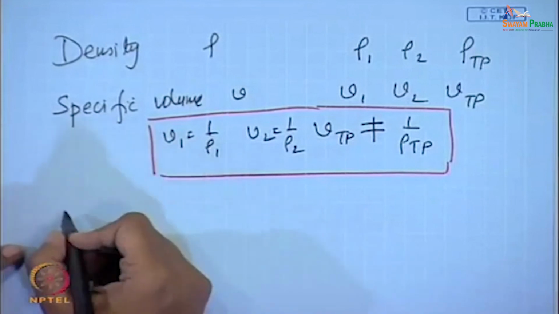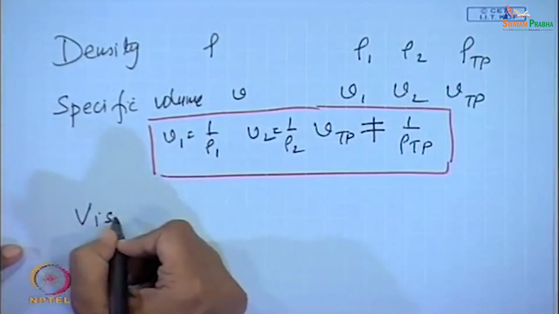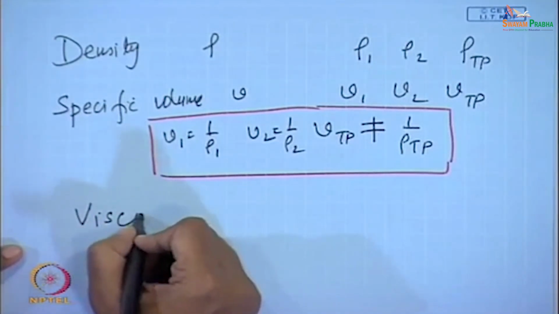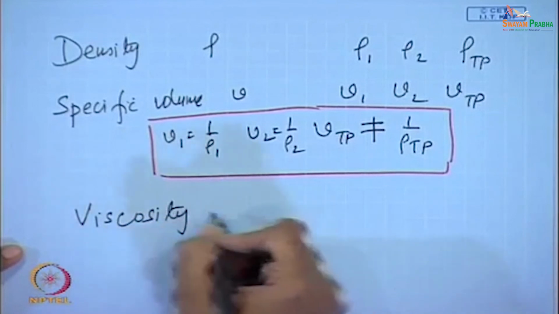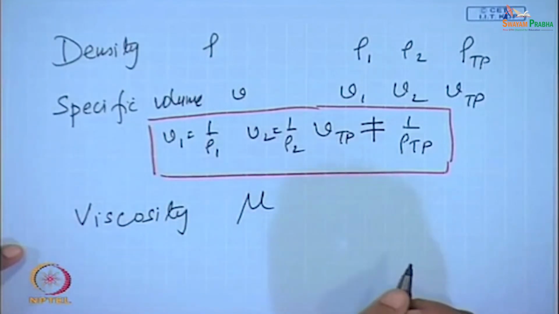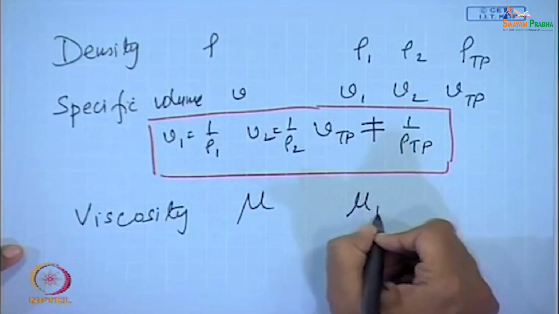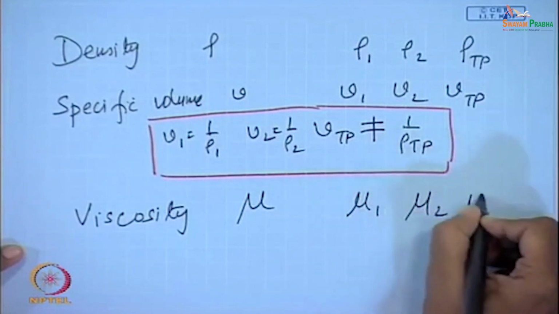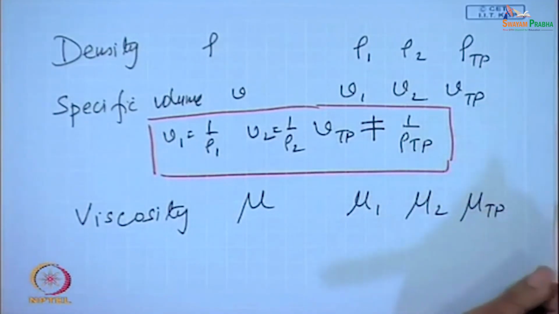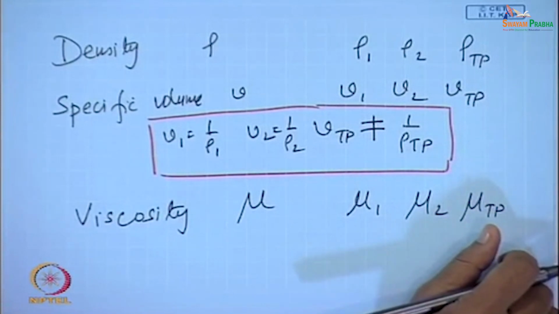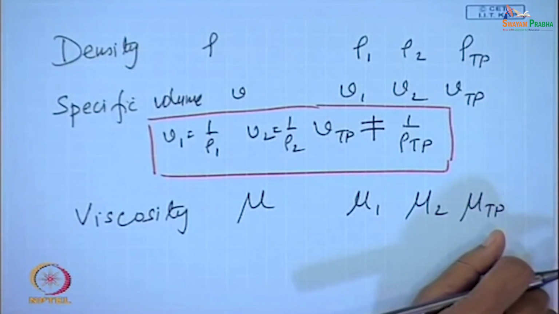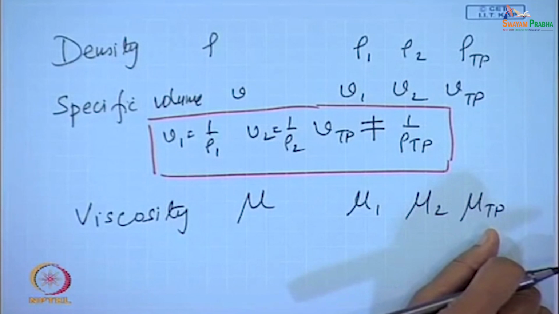After that, certain other properties, say for example, we have viscosity in this particular case. So, viscosity, it is simply mu. In this particular case, we have mu 1, mu 2 and we have mu TP. Now, we are considering two phases, they are flowing either concurrently or countercurrently, upflow, downflow, whatever it is, through